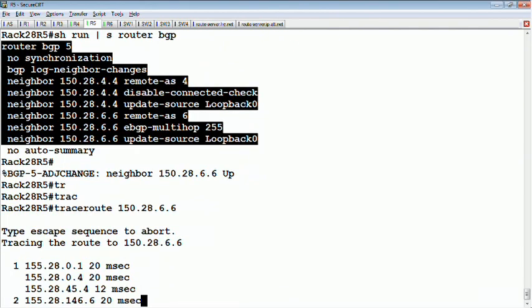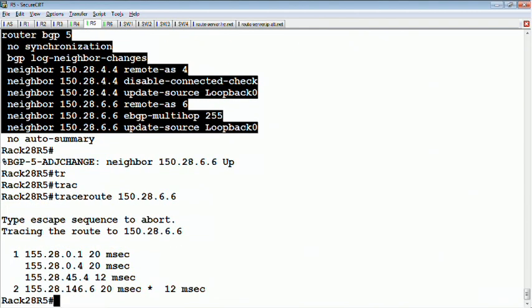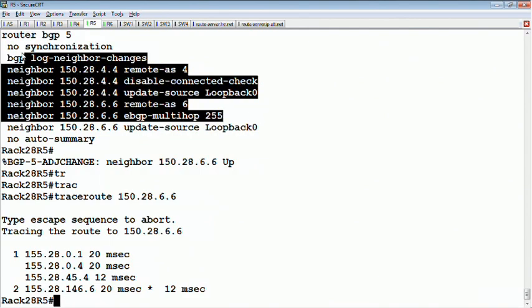Then likewise on router 5, if I were to trace 150.28.6.6, it says I could go to routers 1, 4, or the point-to-point link to 4, then I'm going to go to 6. So there's multiple routes that are being equally load balanced between, but as a whole, it's still no more than 2 hops away. So now under the BGP process, I would say for this neighbor,